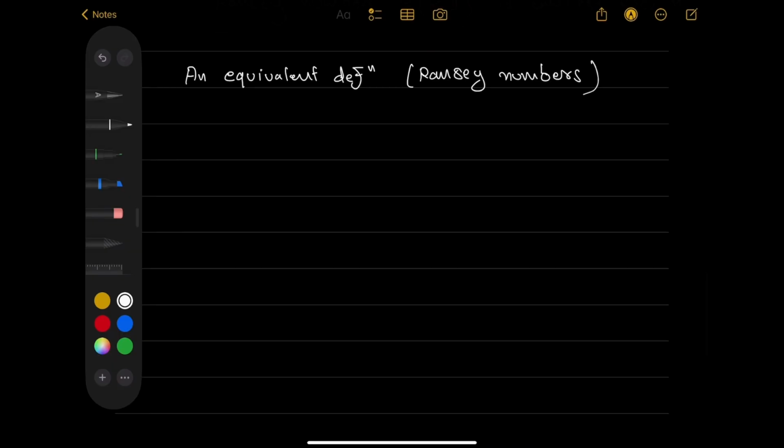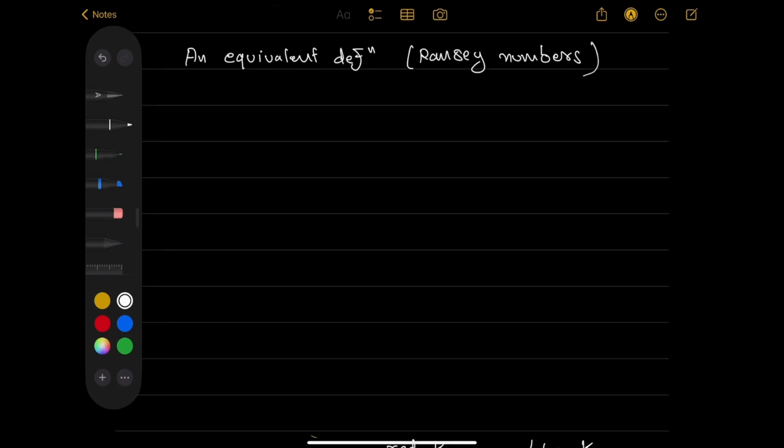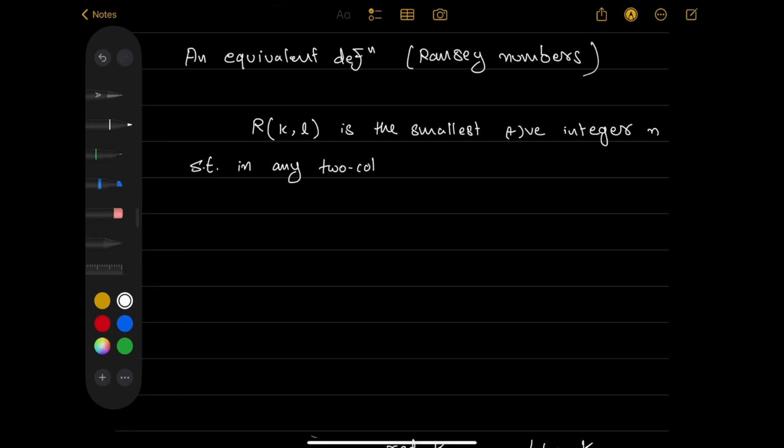An equivalent definition is: r depending upon two positive integers k and l is the smallest positive integer n such that in any two coloring, say with red and blue,